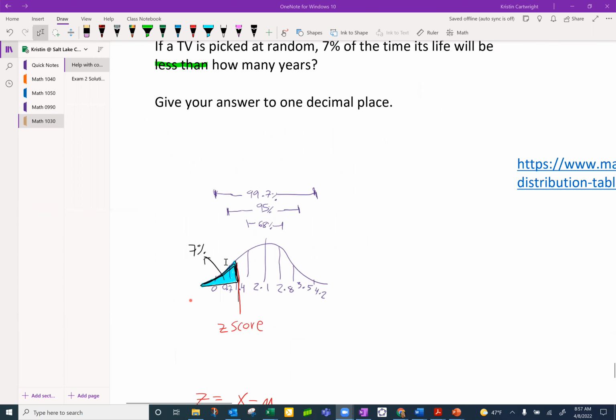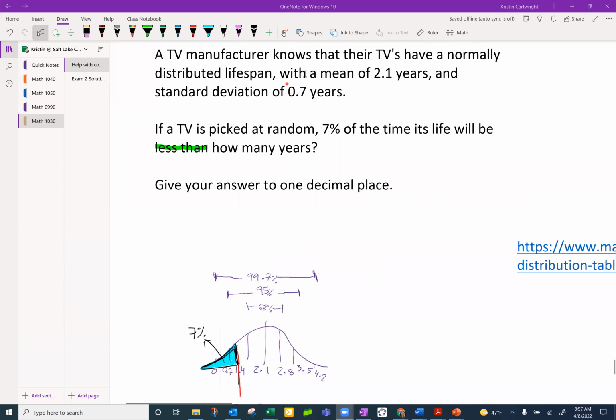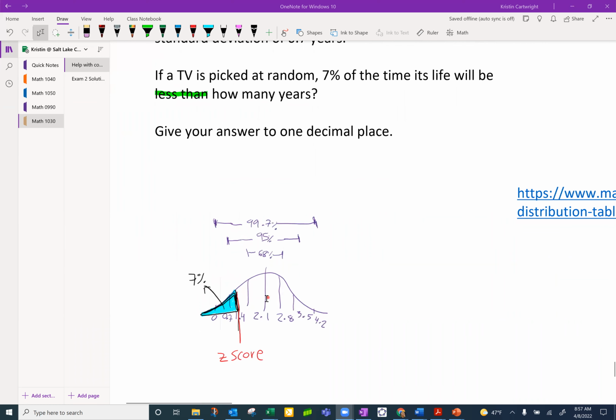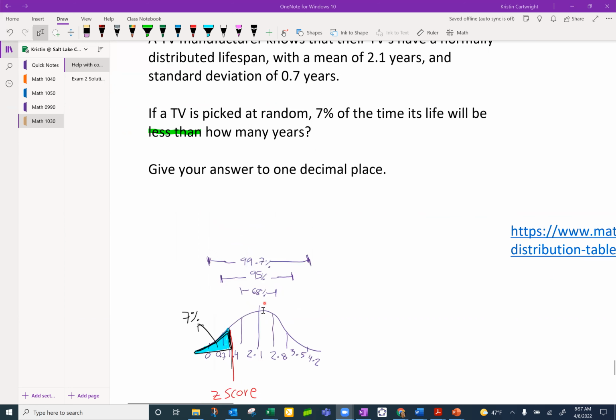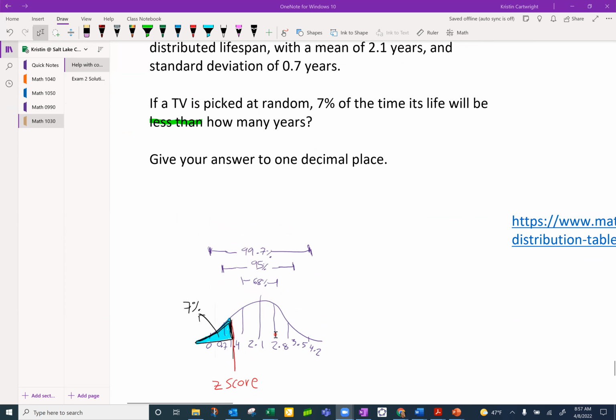I'm going to start by showing you this normal curve I drew, this little sketch. In the middle should always be your mean, so I put 2.1 here in the middle. Every standard deviation, which is 0.7 years, I go out from the mean by that amount. So 2.1 plus 0.7 is 2.8. Another standard deviation away is 3.5, and then another one is 4.2. If I go to the left, I get 1.4, 0.7, and 0. So we see how we label each of the standard deviations in terms of the units of years